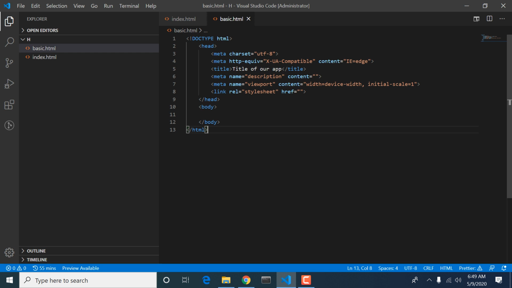Okay guys, another thing is viewport: content width equals device width, initial scale equals 1. This tells our browser that our website and our browser will have a 1 to 1 ratio. We often see some websites in which we have to scroll left or right.